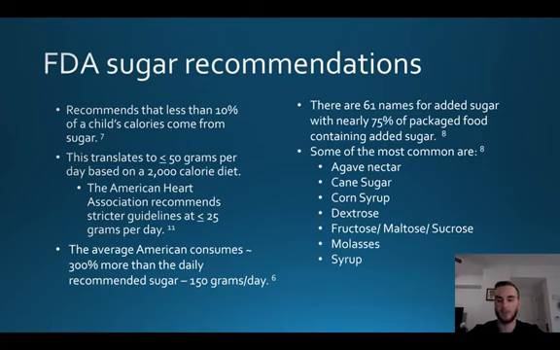Next is corn syrup. Everybody kind of knows about corn syrup and high fructose corn syrup. The next ones are dextrose, fructose, maltose, and sucrose. Without getting heavily into chemistry, those are just different molecules that are sugar-based, and they're all considered sugars. So again, we need to watch out for those on our packaged foods. And then the last two are molasses and syrup. Both of those can be more natural, such as natural maple syrup, but they're still sugar and they have high sugar content, and we need to monitor them in our daily intake.